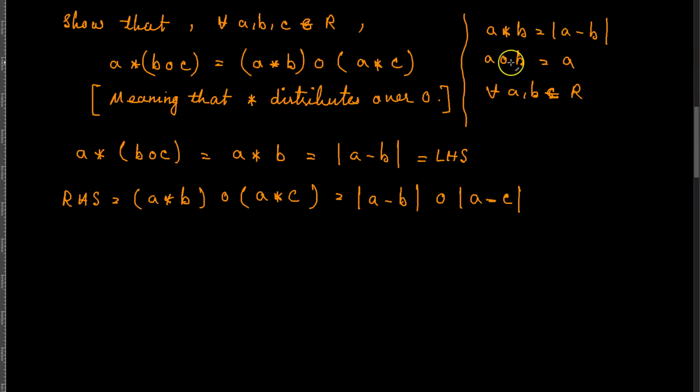And you can see that a o b is equal to a. So this is simply equal to the absolute value of a minus b, which is your LHS. Which means that your RHS is equal to your LHS, and therefore